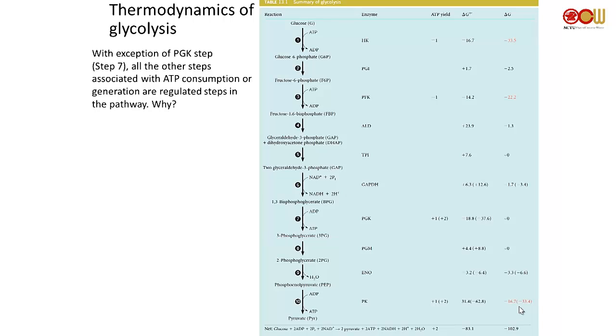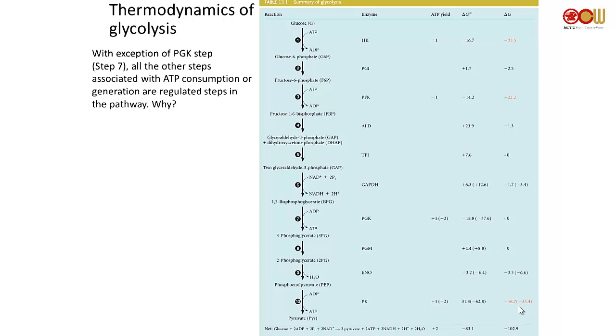All the other steps associated with ATP consumption or generation are the regulated steps in the pathway. Why? Because those are the steps where we supply extra energy to make it